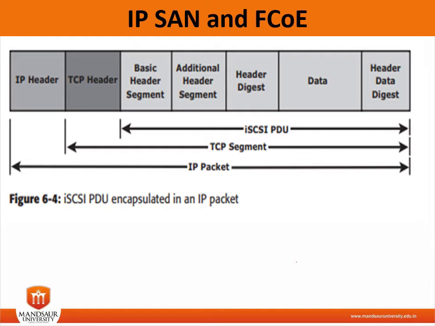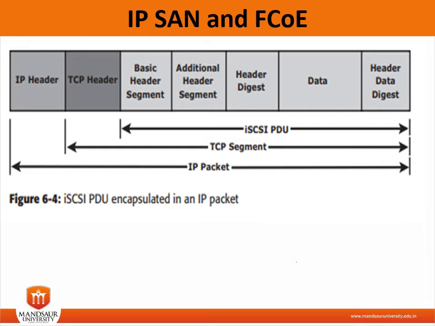The iSCSI header, which is the basic header segment, describes how to expect the SCSI commands and data for the target. iSCSI adds an additional CRC, known as a digest, to ensure datagram integrity. This is in addition to the TCP checksum and Ethernet CRC. The header and data digests are optionally used in the PDUs to validate integrity and data management.